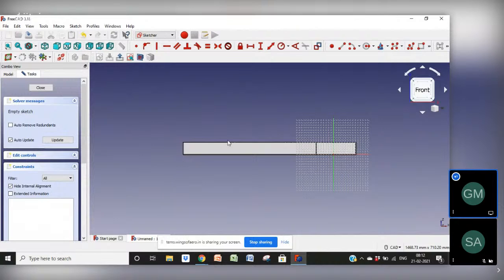Okay, basically I'm going to close that top view. So here I will take this polyline, marking,